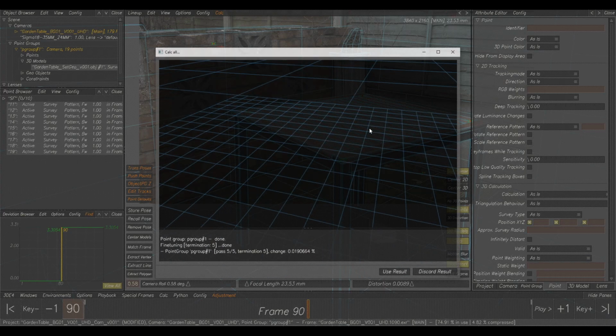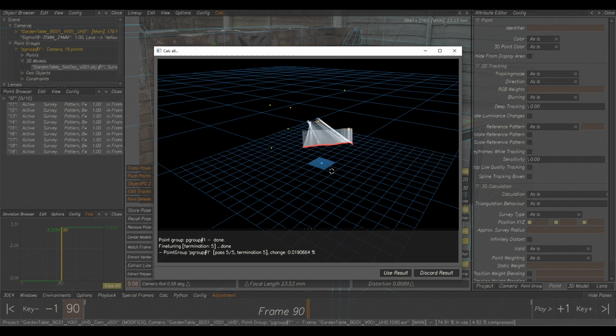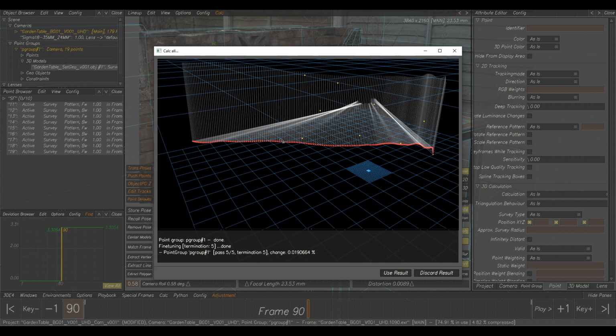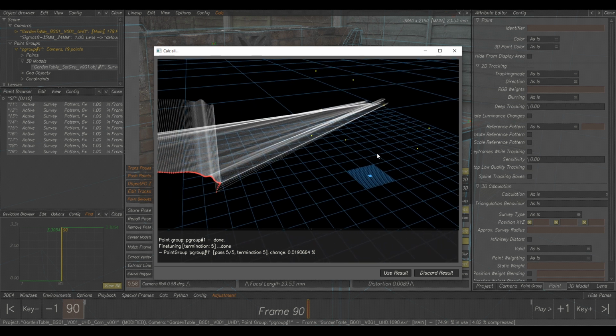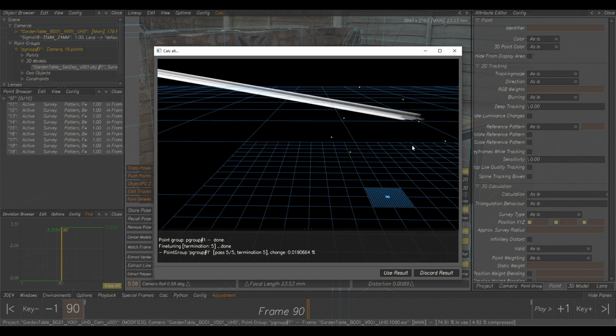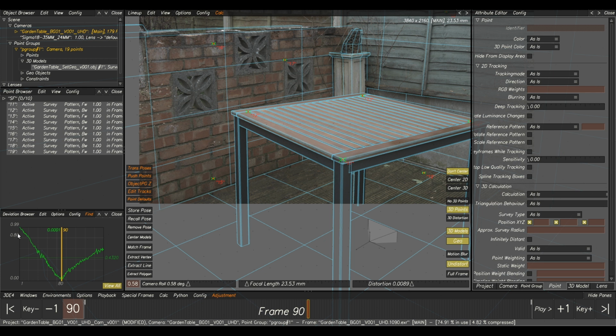So now if we press Alt C, we'll open this window now. Instead of seeing one keyframe, we now see quite a few. And these are the animation keyframes of your camera now. All these keyframes. And these yellow dots are your 3D representation of your 2D points in 3D space. It's quite confusing, but this is where we surveyed it to. So if we click use result, we can see we've got quite